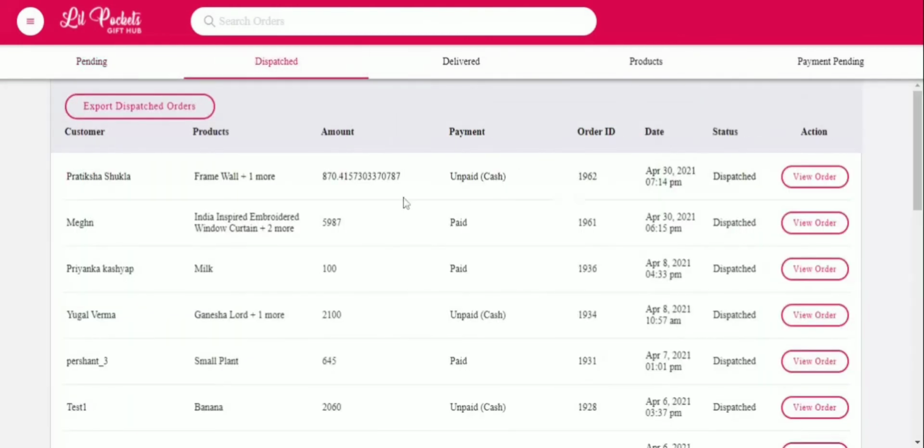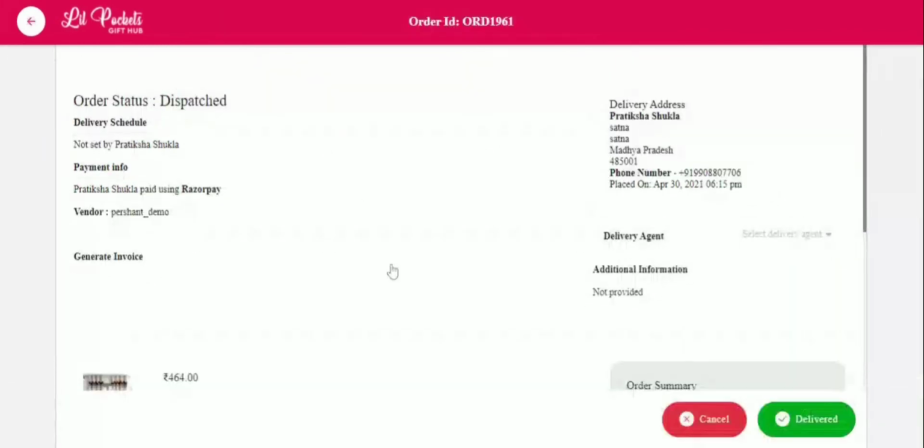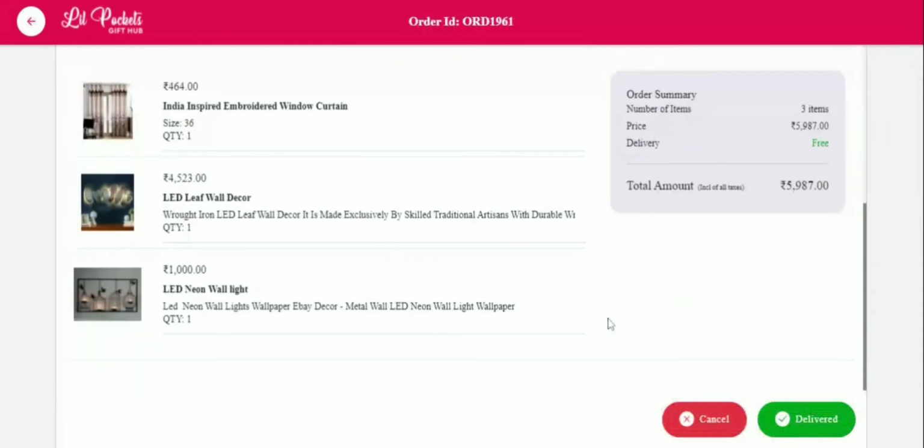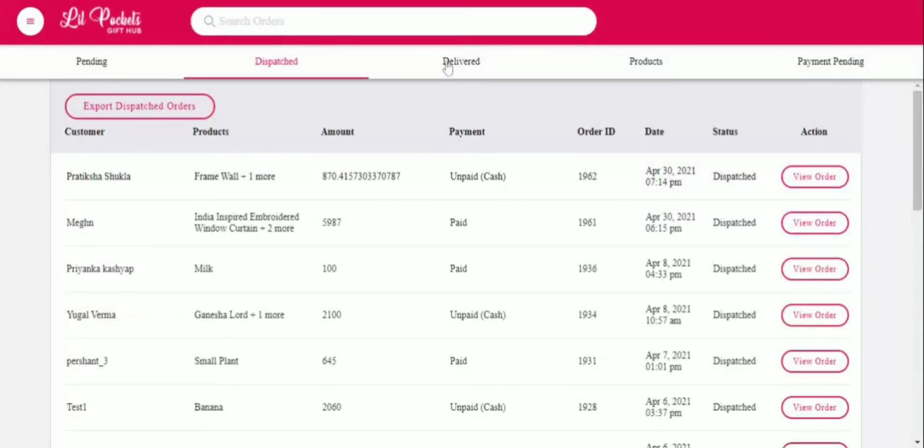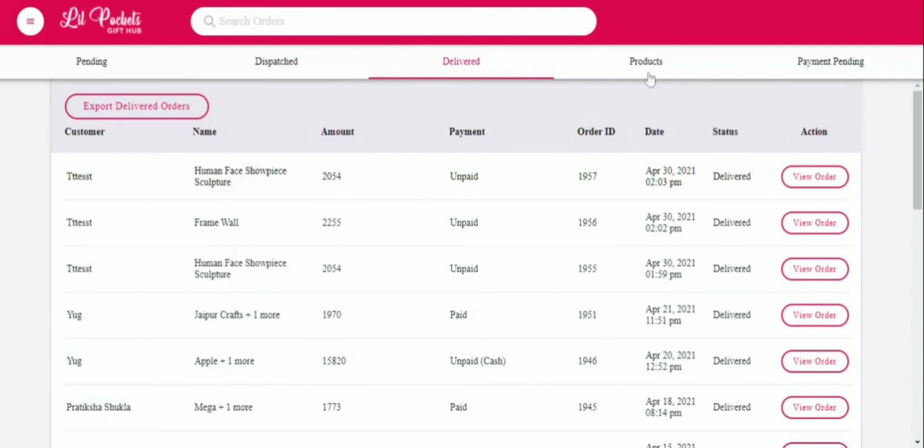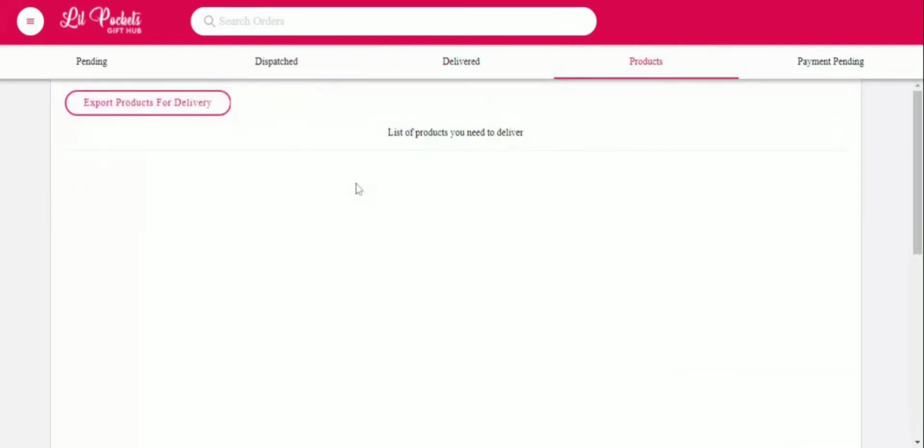The second one is the order we moved from pending to dispatched, which is Meghan. So as you can see, it has been dispatched, and once it's delivered, you can click the delivered icon to move it to the delivered section. And just like the delivered section, you have products, where the list of products yet to be delivered are